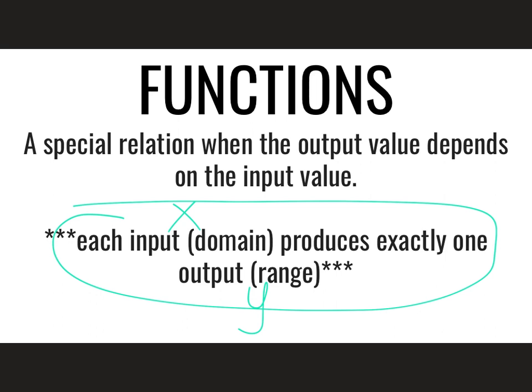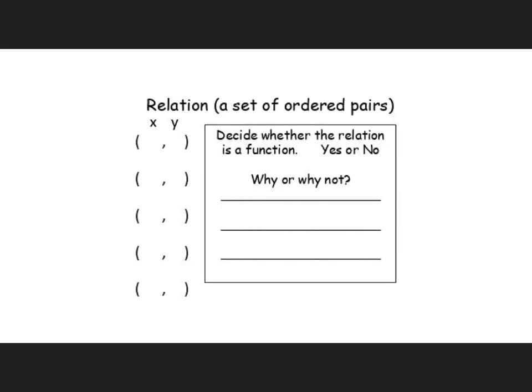Definition: each input produces exactly one output. In other words, none of the x values can produce something different. So here's a relation that we spoke about a little bit. All right, ladies and gentlemen, here is a set of ordered pairs, a relation. In this case, we have to decide if this relation is a function. Remember, you can see the y values repeat. That's totally okay. It's the x values that cannot repeat. So in this case, this would be a function